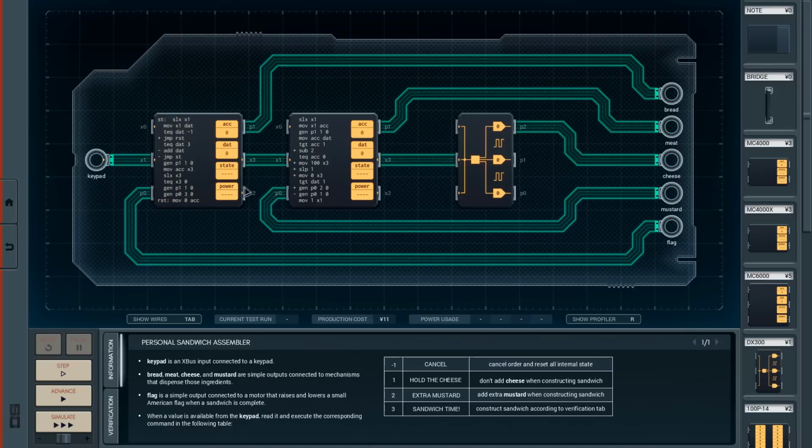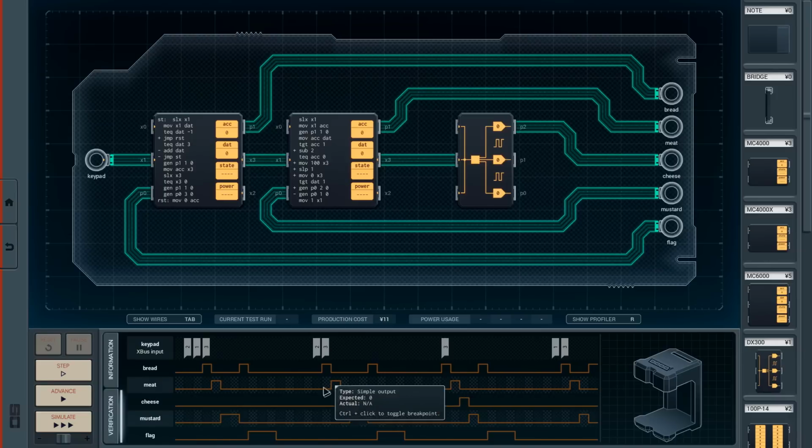But if it's equal to either 1 or 2, which is hold the cheese or extra mustard, then we add the relevant value to the accumulator. Now, I checked, and in no place do we find the cheese or the mustard button being pushed more than once. So this isn't a problem that we're adding these. Otherwise, it would be great to have an OR instruction, but we don't need to worry about that. So yeah, that puts either the value 0, 1, 2, or 3 in here,